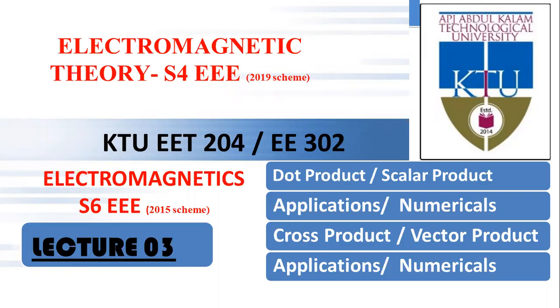And from dot product and cross product, the concept of dot product is very important in your coursework, because when you are converting from one coordinate system to another, that is from spherical to Cartesian or Cartesian to spherical or to cylindrical, this is the concept of dot product, that is the scalar projection, because when we do dot product we get a scalar quantity. So the scalar projection is very important. Vector product you don't have much application, but still I will be teaching you both dot product as well as cross product.